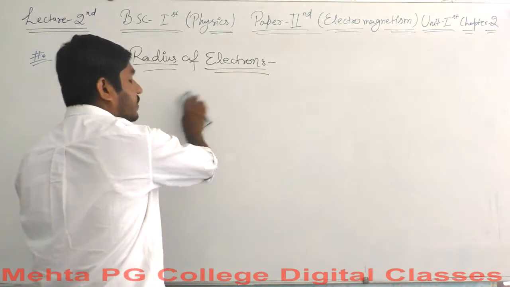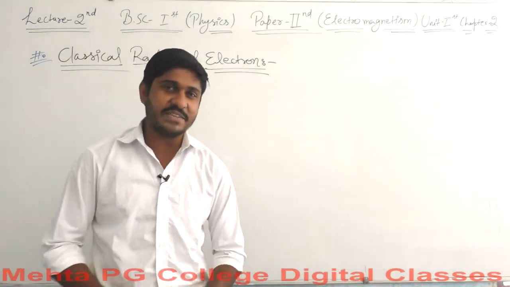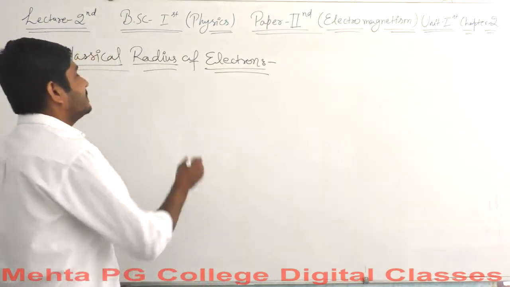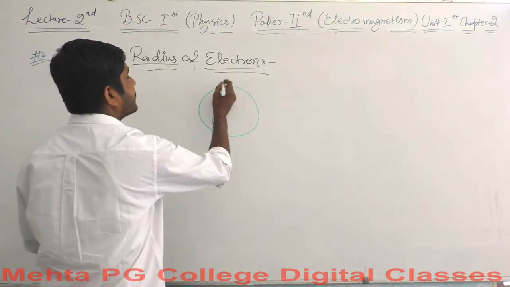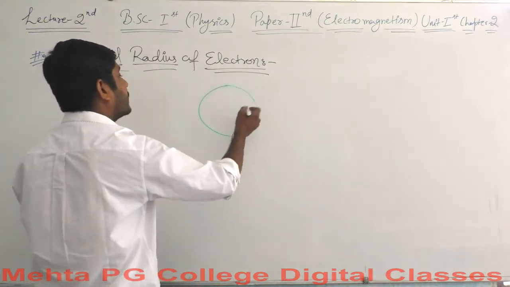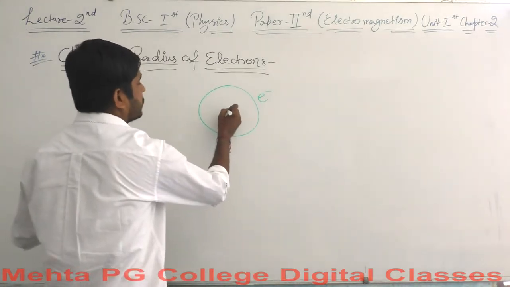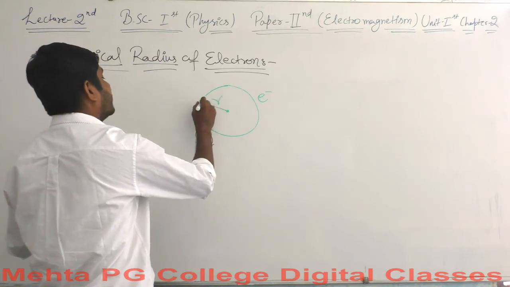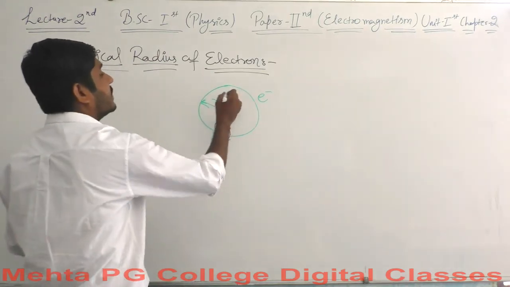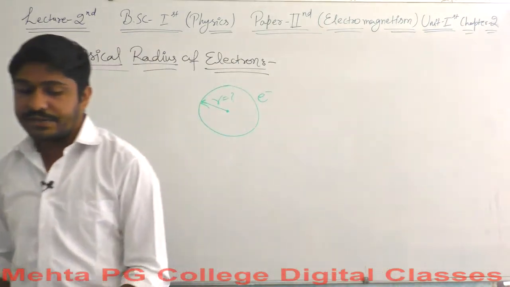Let me try to draw a better figure here, and whenever I try to draw a better figure, it will never be better. Let's say this is a spherical shell, but this should be considered as the electron for reference, and the electron has some sort of center, and then has a radius here. So we are supposed to calculate the value of the classical radius of the electron. So let's start here.